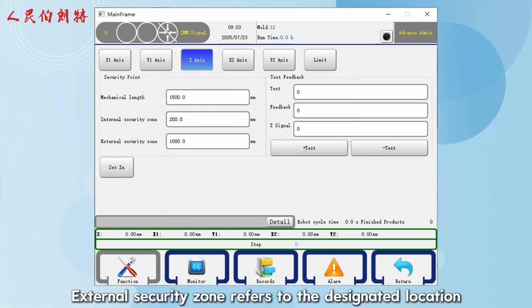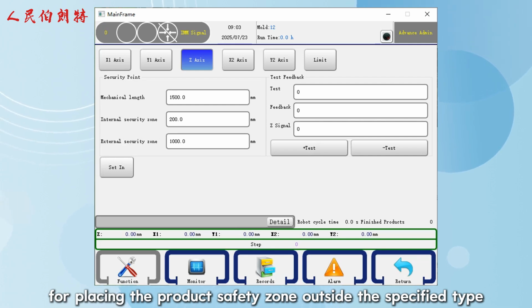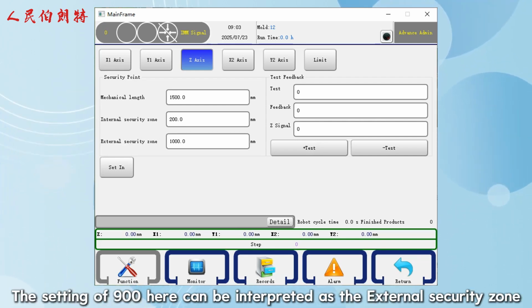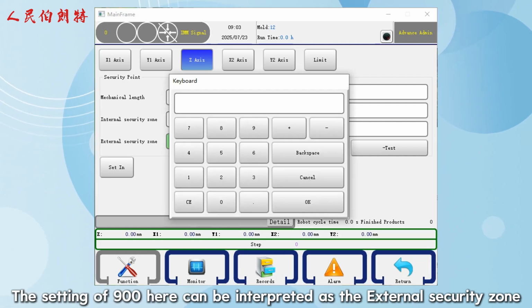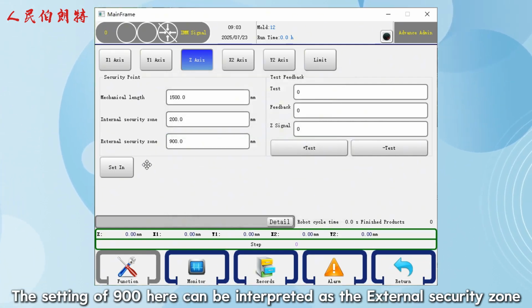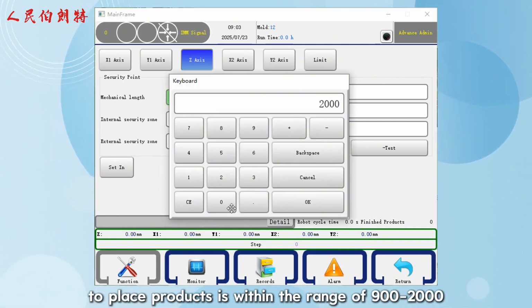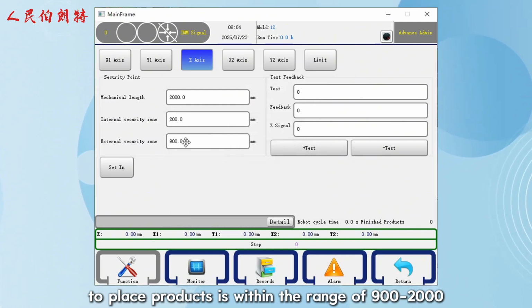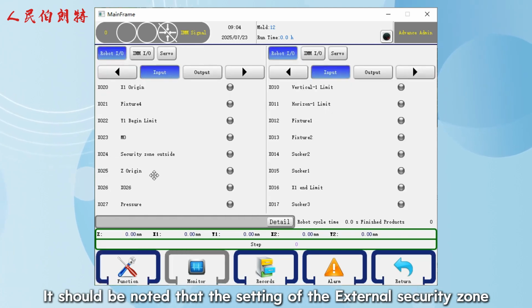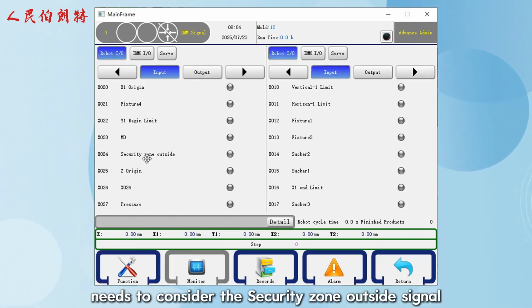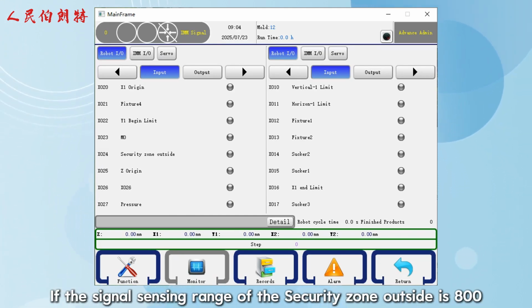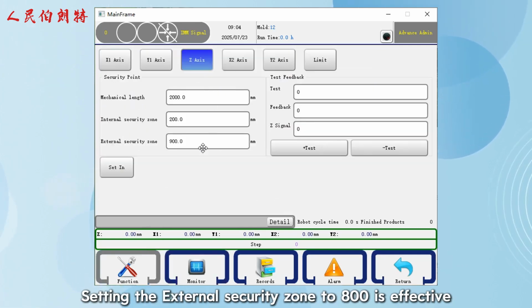be effective. External security zone refers to the designated location for placing the product safety zone outside the mold. The setting of 900 here can be interpreted as the external security zone, meaning the safety zone for the robotic arm to place products is within the range of 900 to 0. It should be noted that the setting of the external security zone needs to consider the security zone outside signal. If the signal sensing range of the security zone outside is 800, setting the external security zone to 800 is